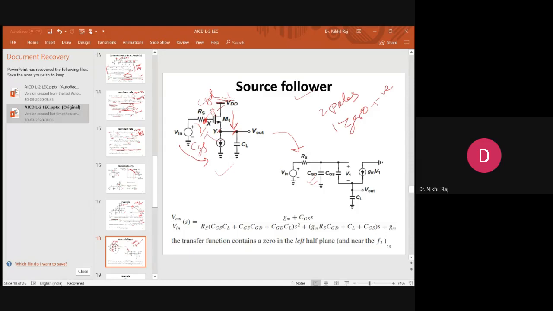Okay. Now look at the transfer function. In the transfer function, if you see, the S square term is here. S square represents two poles, and here a single S means it is a left half plane zero. So from here we can say that there are two poles and one zero, where the zero is lying in the left half plane. Okay, so this way we do the shortcuts to analyze.